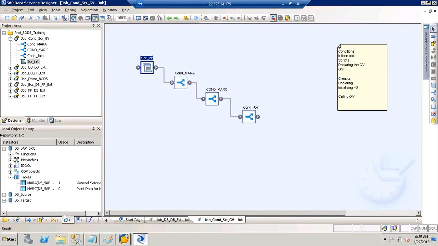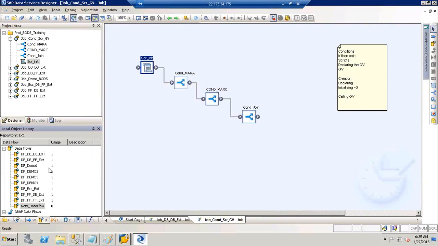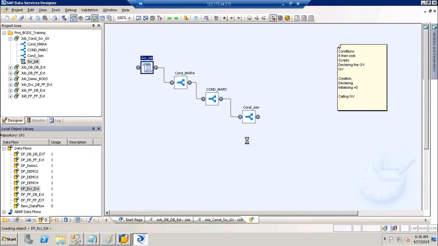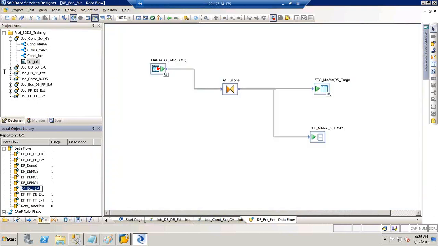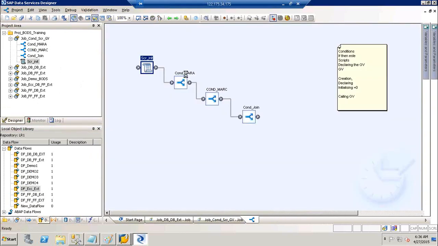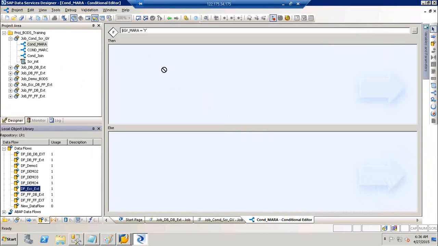right? So now reusability. I have already done a data flow Mara ECC extract. If you open this and see, I already extracted Mara and put it in the stage Mara table. Now let me reuse this. So what is reusability? I can directly call it here,